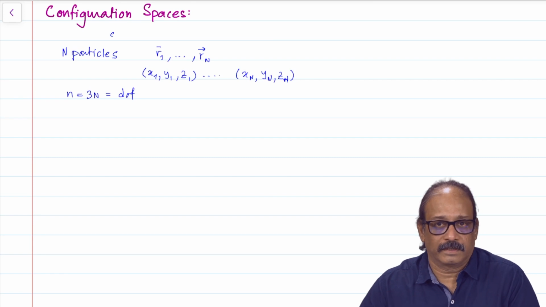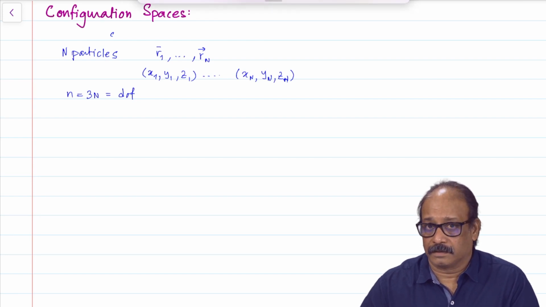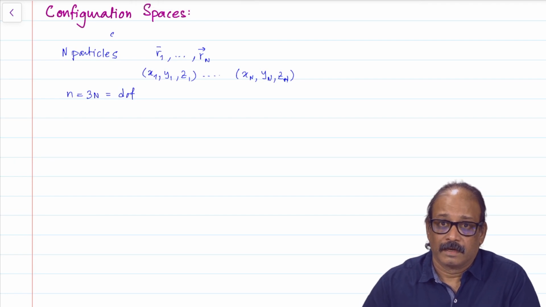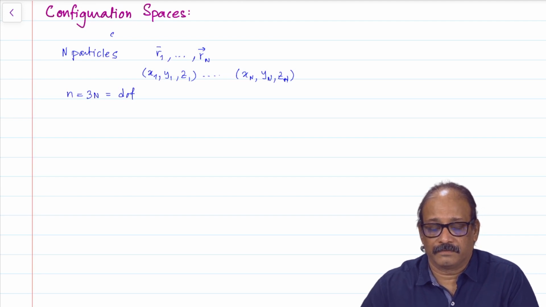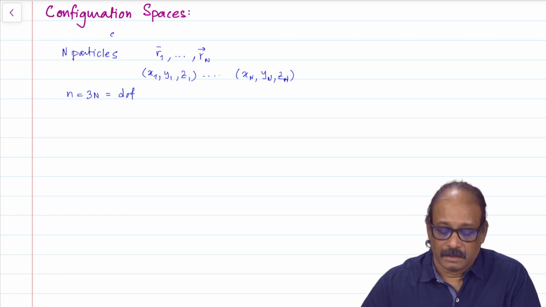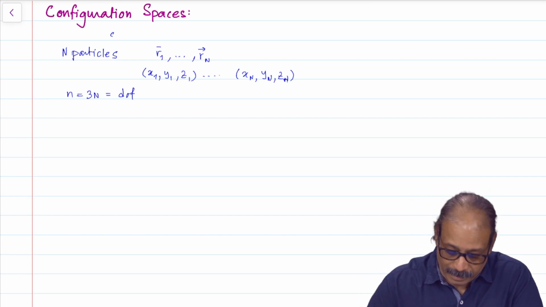Now, what we are going to do is this: we are going to shed this vector notation, and we are going to stick to only coordinate form. This again facilitates Lagrangian mechanics. Now, it would be useful if, instead of using x1, y1, z1 kind of notation, I use the same letter for all coordinates. That would of course be nicer, and the equations of motion become very compact.